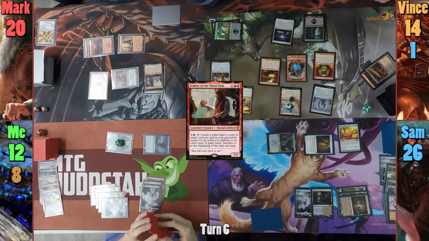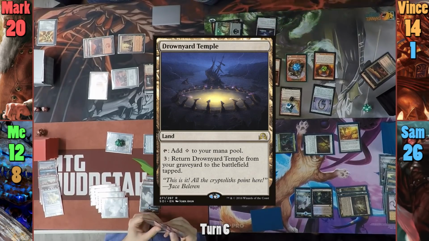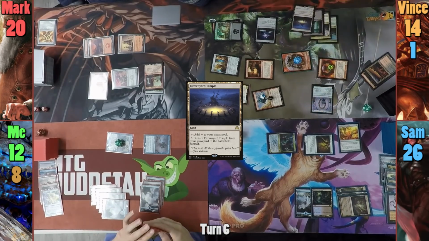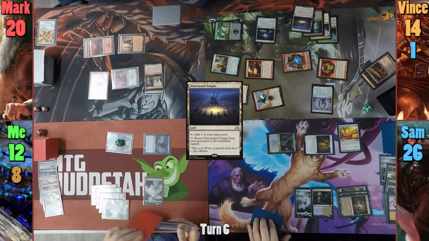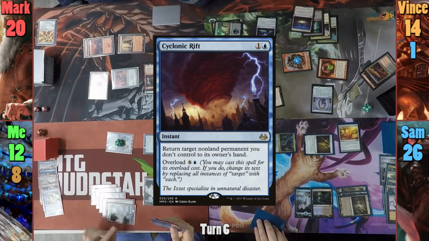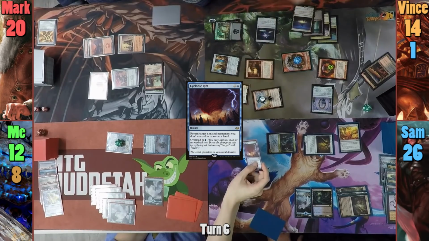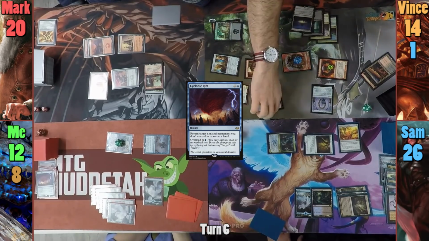Vincent then draws for turn, and he plays a Drownyard Temple as his land for turn. He swings almost everything at Sam, with the Mimic going at Mark. We count up the damage, and I decide that I need help, so I keep Sam around by casting a Cyclonic Rift to bounce the Taurian Mauler back to Vincent's hand. Vincent adds the +1/+1 counter to the Mauler from my Cyclonic Rift cast, and then bounces it back to his